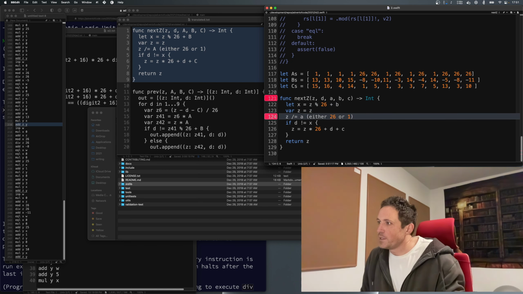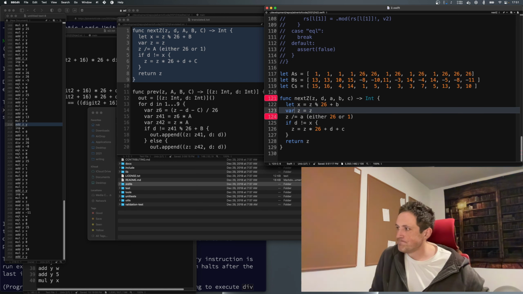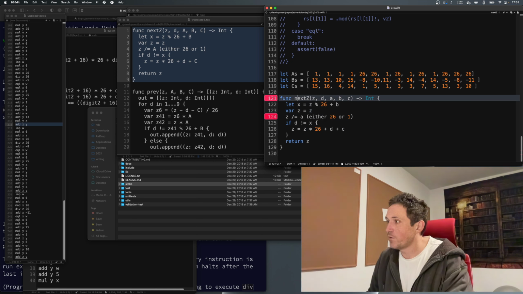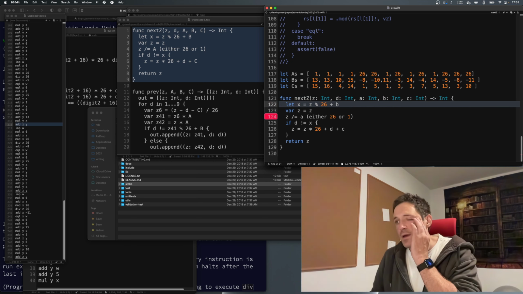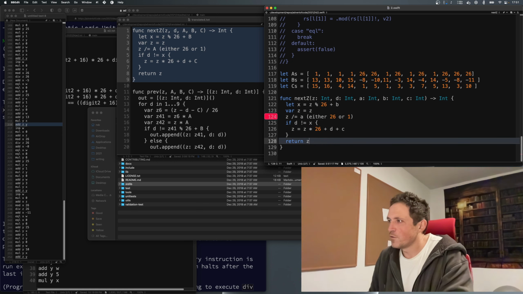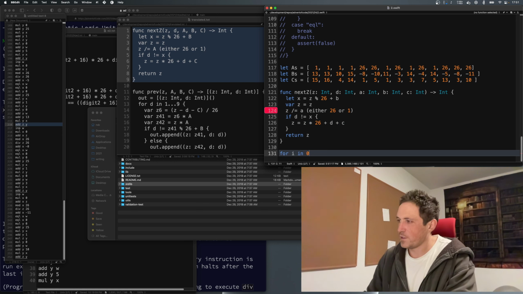Okay, so is this correct? We think that's correct, except func. Oh, all these need to be ints, don't they? So my thought is, because I had this thought, if it's lossy, maybe we should just run this function, because we know it starts with 0. So for i